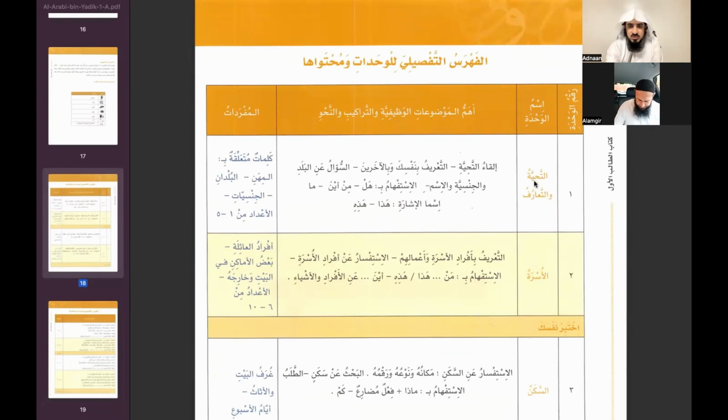These are like the teacher's notes. They tell you what we took away. In At-Tahiyyatu wa Ta'aruf, you learned how to greet. You learned how to introduce yourself as well as others, and ask about someone's country, their nationality, where they're from. You learned how to use the question with hal. So if a person is saying hal, you answer with generally